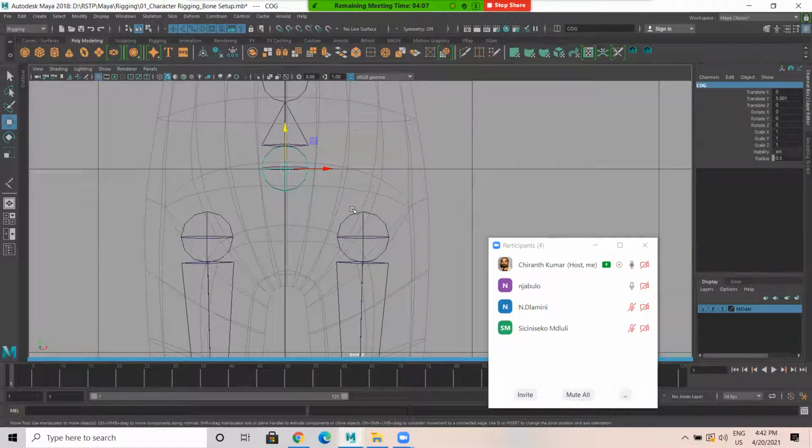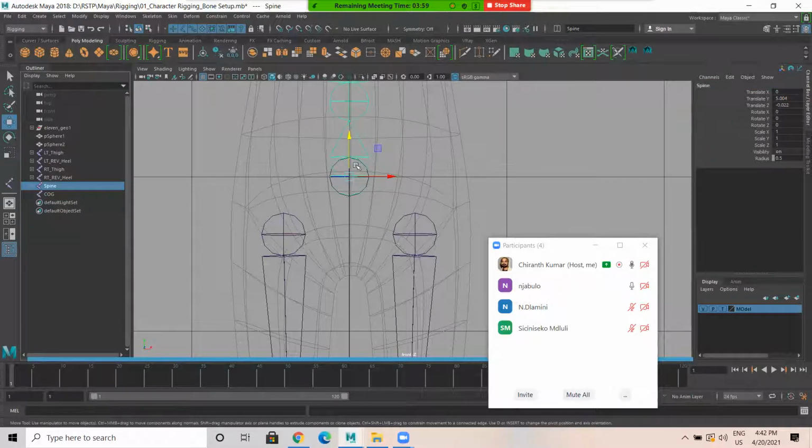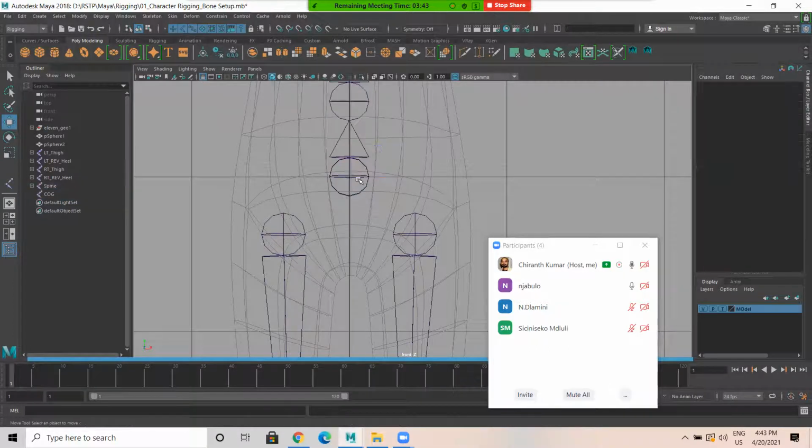So come to outliner. Select the spine joint, shift select cog, press P. When you select cog, under cog the spine has to be there. You understood this process? Actually, this is a bit time taking, or might be complicated.